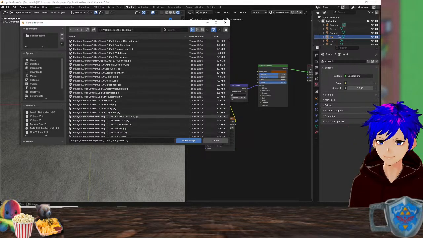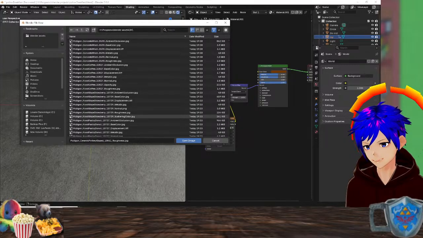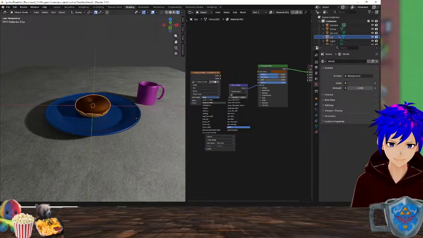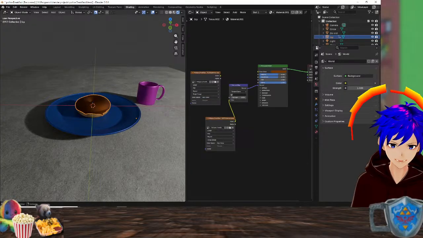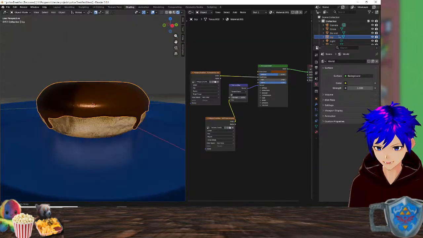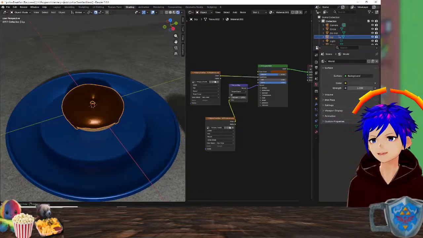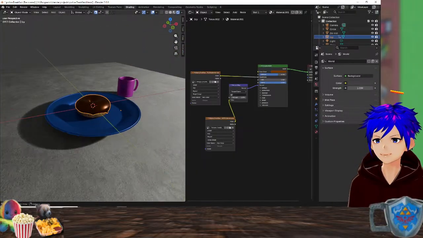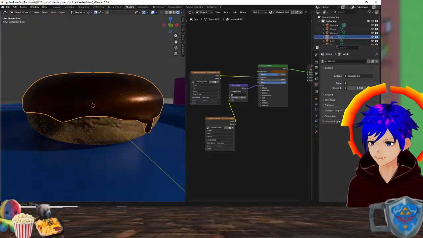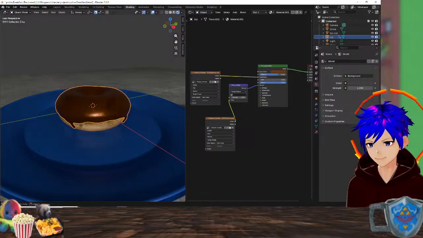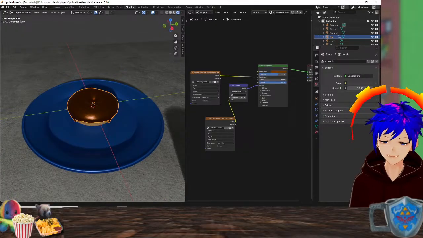And here, roughness. Non-color, roughness. Oh, that looks so good. Yeah, I mean, it already looks good, but that's just the icing on the donut.